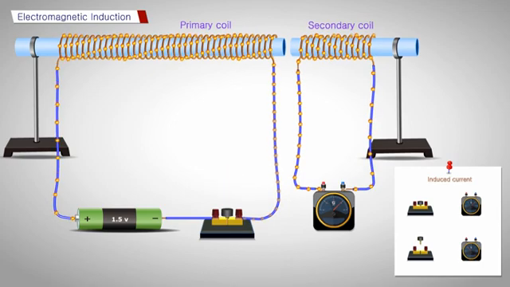When an electric current passes through the primary coil, that is, during the starting or the stopping of the current, the magnetic field associated with it also changes. Thus, the magnetic field lines around the secondary coil also change. Hence, the change in the magnetic field lines associated with the secondary coil is the cause of the induced electric current in it. So, we can conclude that the process by which a changing magnetic field in a conductor induces a current in another conductor is called electromagnetic induction.